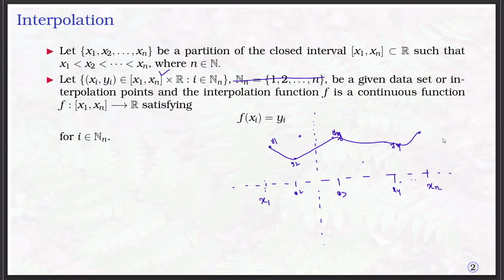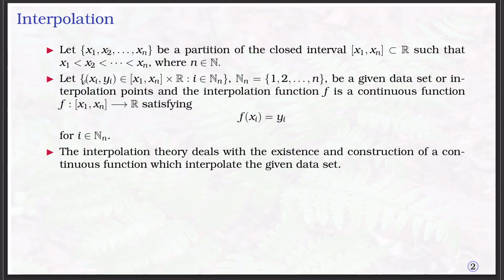It goes like this. So, for the given set of data points, that means the given set of interpolation points, the interpolation is a continuous function which satisfies this equation. That means, for every xi, under this mapping f, the image of every xi should be equal to yi. So, now in the interpolation theory,